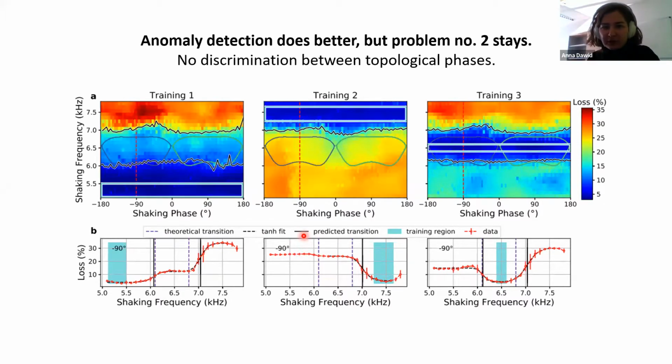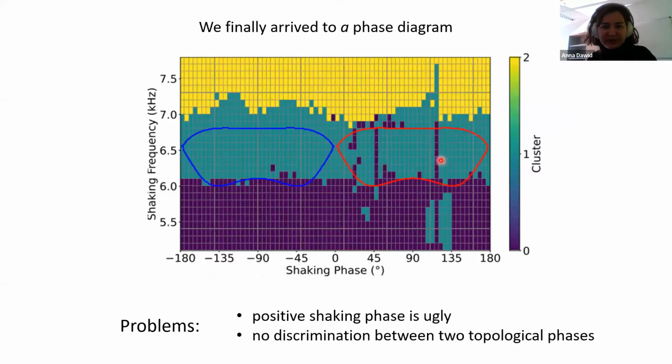Topologically speaking, no, because topologically speaking, this and this should be the same phase. But it would be impossible for any machine learning algorithm to tell us, no, okay, it would be possible, sorry. Yeah, but this is distinguished as two different phases, even though it's the same. I mean, it's not the same. But both are not trivial topologically.